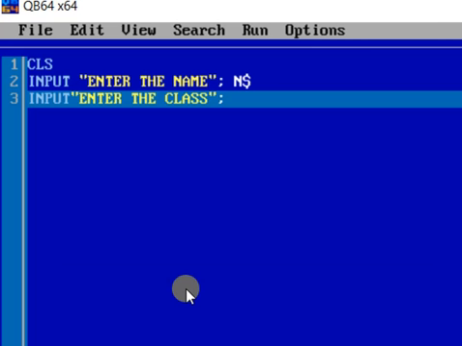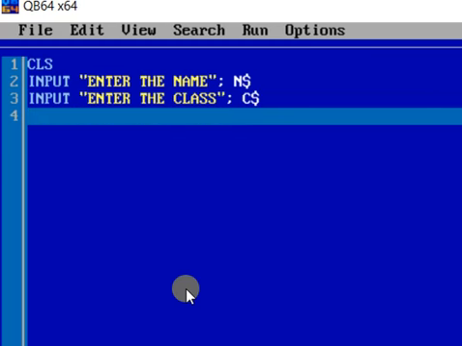That depends on the programmer what he is using. If I want to take Roman numbers, I have to use an alphanumeric variable. I can use $C for that. If I want to take the class in the form of a number like class 6, then I can use the numeric variable only, C. If I want to take it in Roman form like VI, then we have to take $C. So that depends on the programmer.